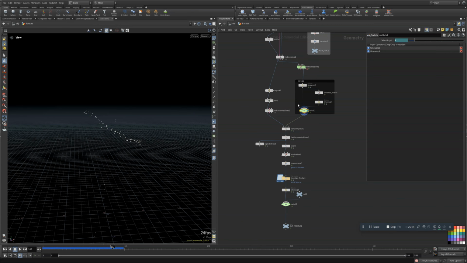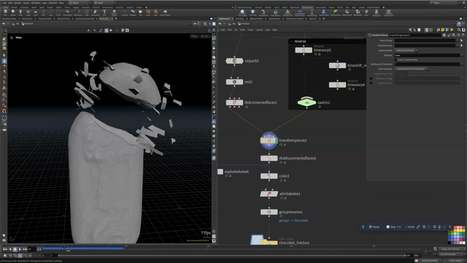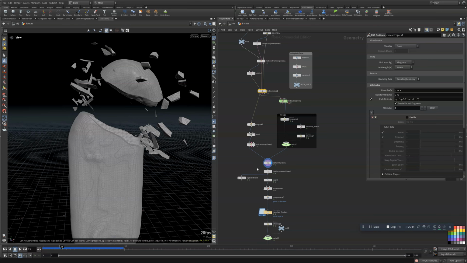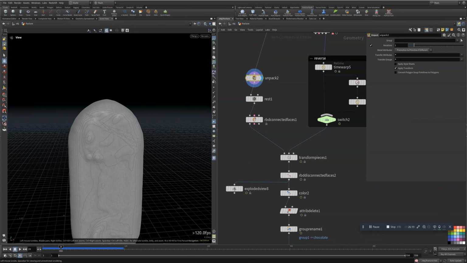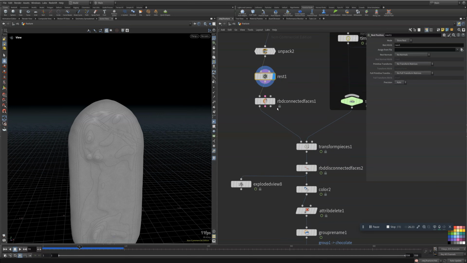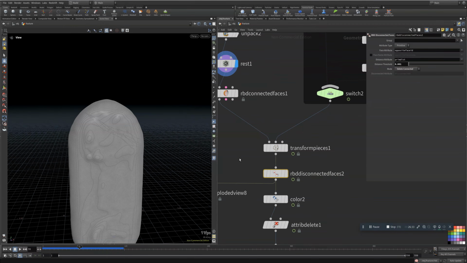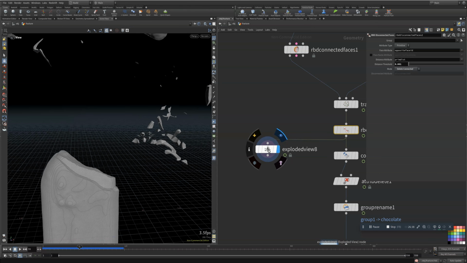So I use these transform pieces to control our geometry, right? That's coming in from here, or then from just after fracturing and everything, right? So I just have it unpacked, so you can have it full. Give it a rest node for the materials and stuff. So I also use this node called connect RB connected faces. So this one works together with this RB disconnect faces. And what it helps is, if you can check over here on the explosion node,